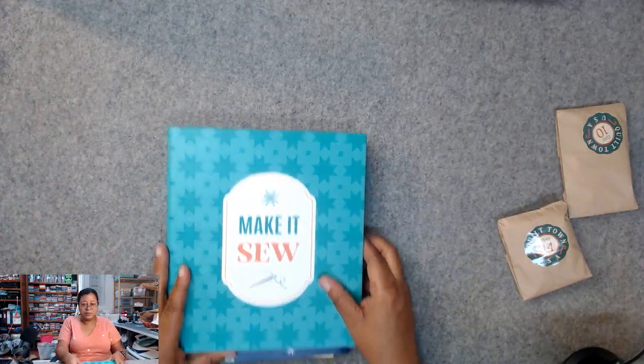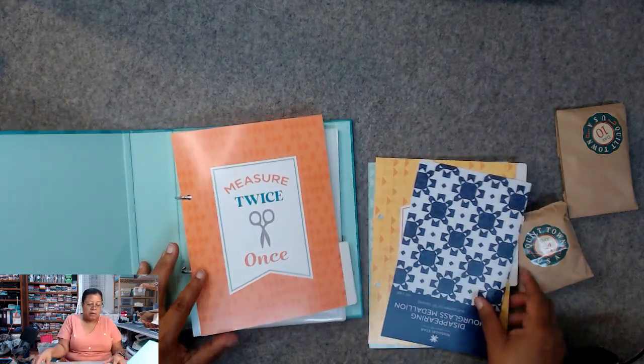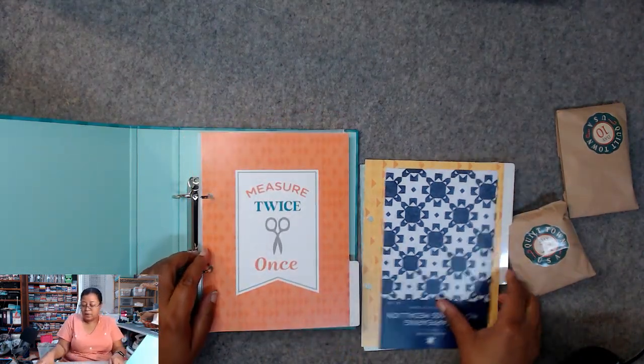Make it so. That's cute. Okay, all right. Well, so far, other than the ornament, I'm happy with the box, right? Okay, so what we have here